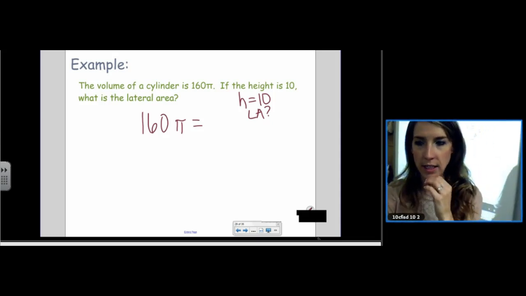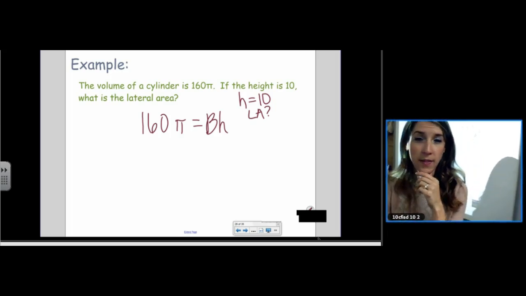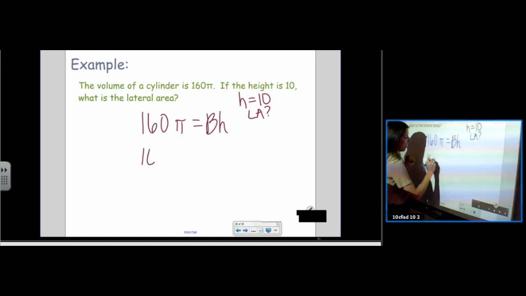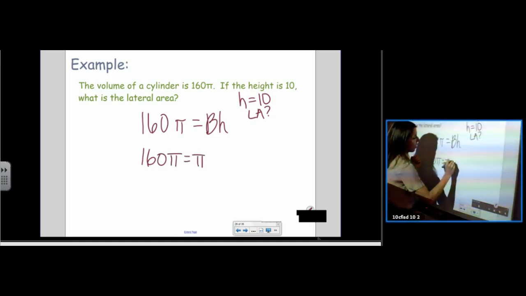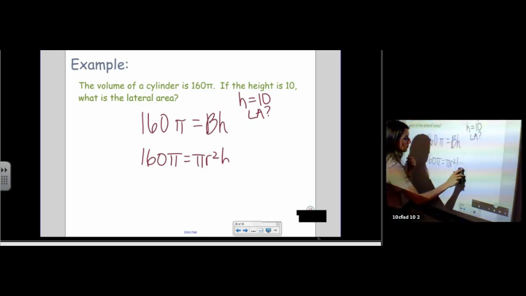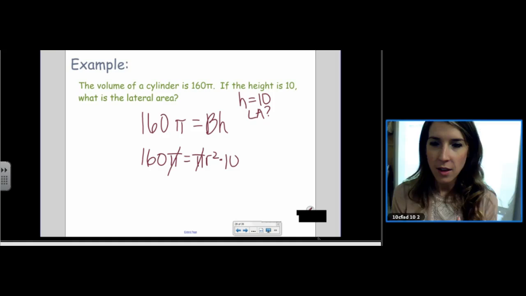Let's get a little bit more specific. The volume is pi r squared h. Oh, we already know h. It's 10. We are looking for r. We're trying to solve for r. Our pi's cancel. I was nice again. Gave you a perfect square. So r squared is